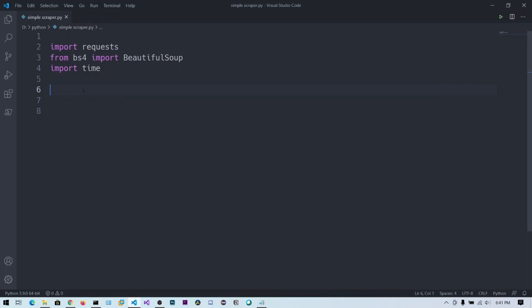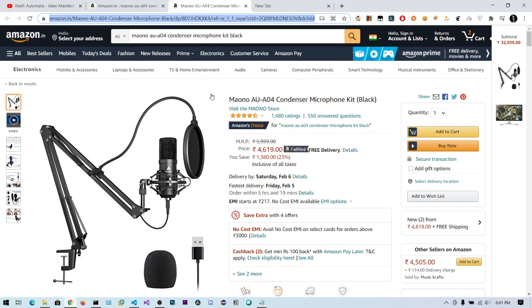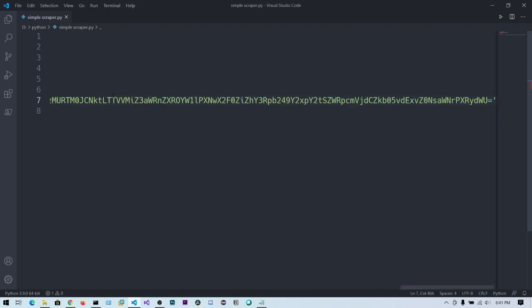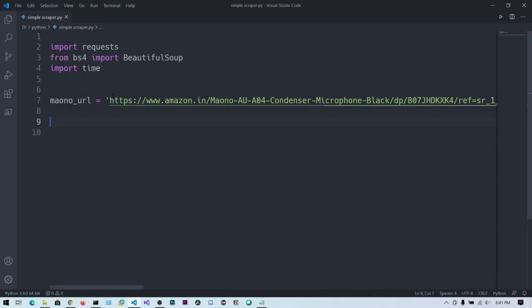After installing this, you can import requests, and from bs4 import the BeautifulSoup function, and import time. First we are going to create a URL, mano_url. The mano is the name of this mic, equals, and in the quotations you can paste the string. This is the lengthy string.